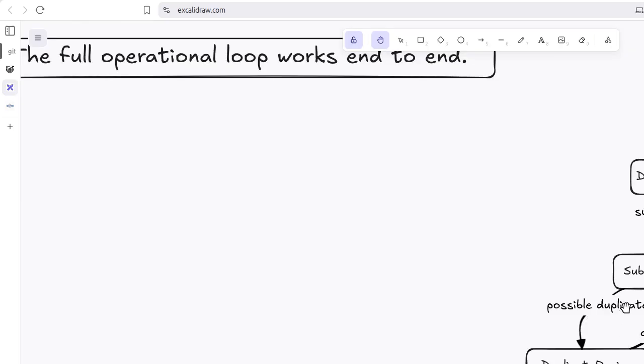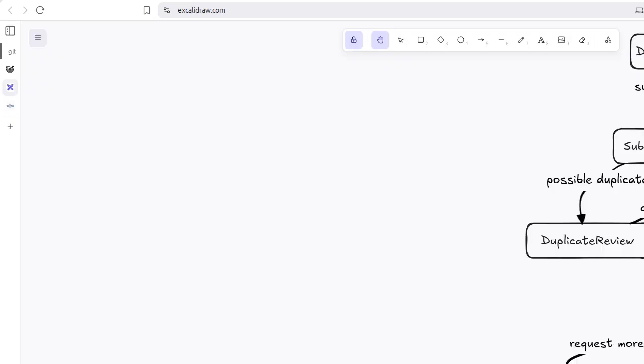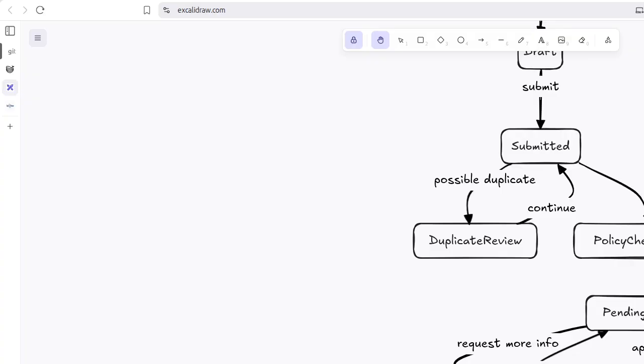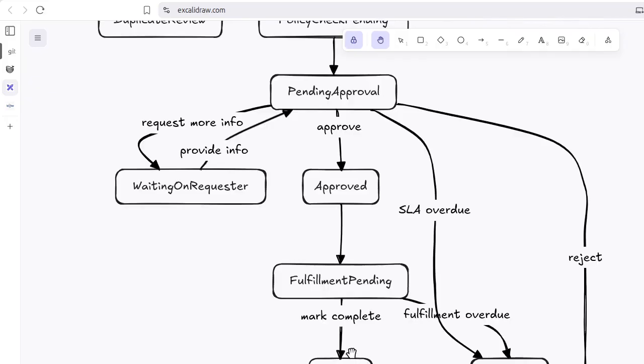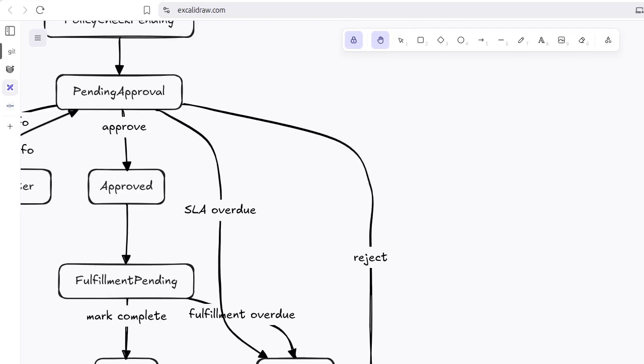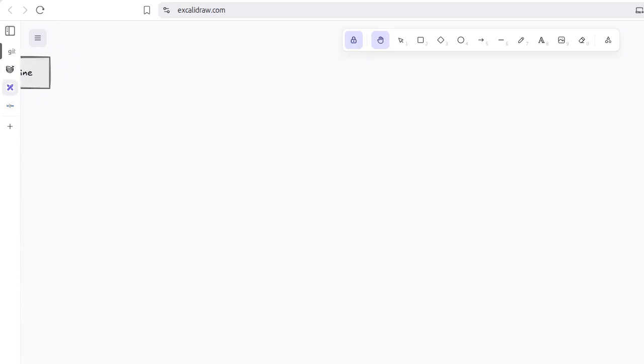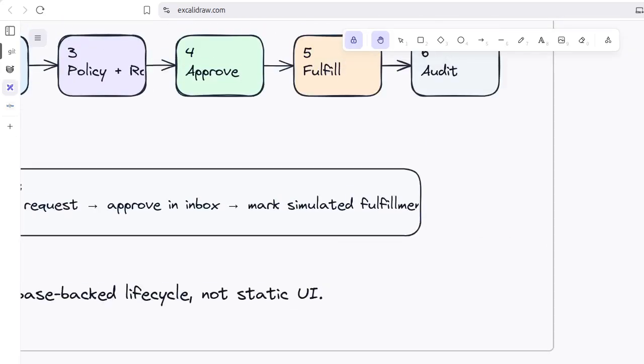And here it goes on the policy check pending, and the policy pending approval from the approver, and it asks for request for more info, and it puts the task on the policy check on the waiting list of the requester. If the provided info is there and it gets approved, then the fulfillment is pending, and if the fulfillment is also marked as complete, that is the single point where it is completed, and the audit is